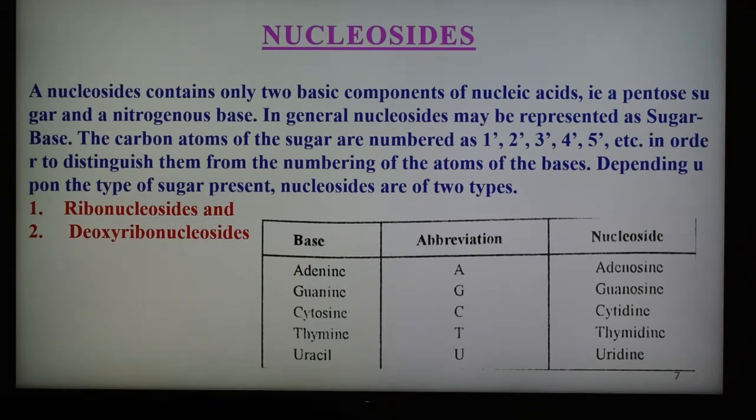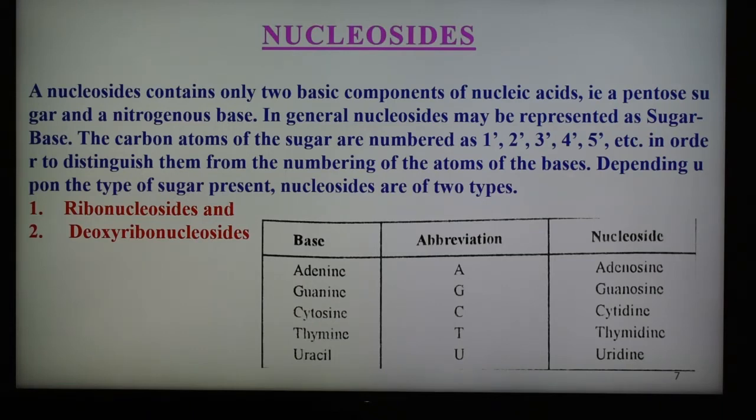And the names of the ribonucleosides of the 5 bases are shown in the table. These bases are adenine, guanine, cytosine, thymine, uracil. Their abbreviations are A, G, C, T, U. And the nucleosides are adenosine, guanosine, cytidine, thymidine and uridine. So these are the bases shown here, and